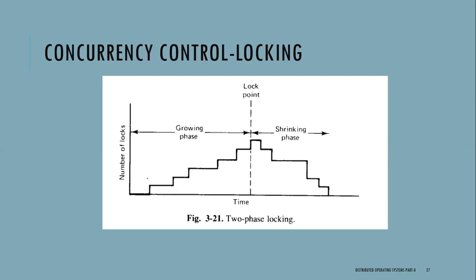If the process refrains from updating any files until it reaches the shrinking phase, a failure to acquire some lock can be dealt with simply by releasing all locks, waiting a little while, and starting all over. Further, it can be proven that if all transactions use two-phase locking, all schedules formed by interleaving them are serializable. This is why two-phase locking is widely used.